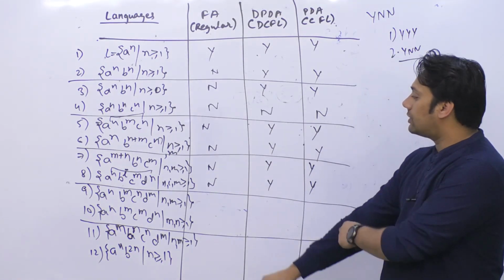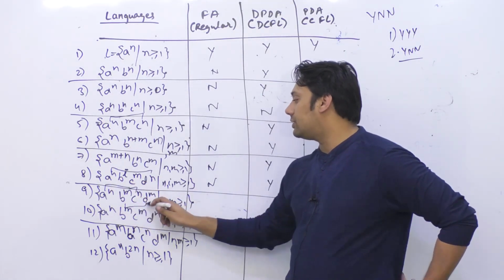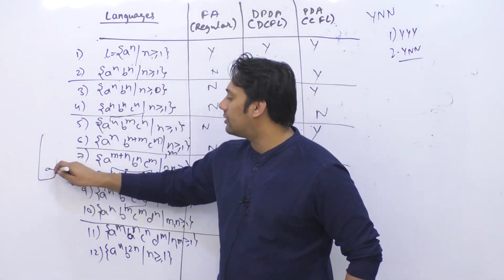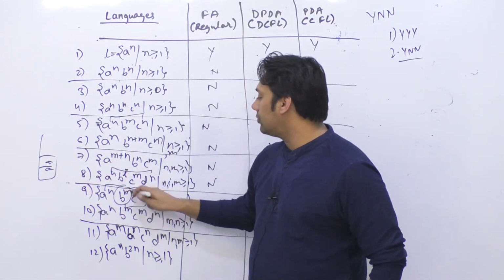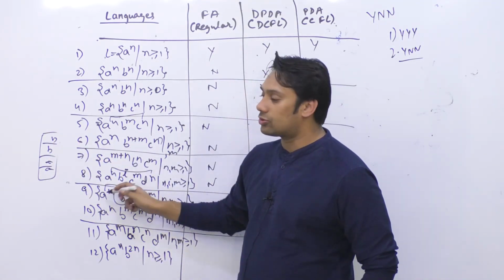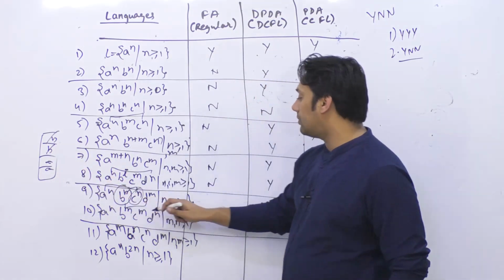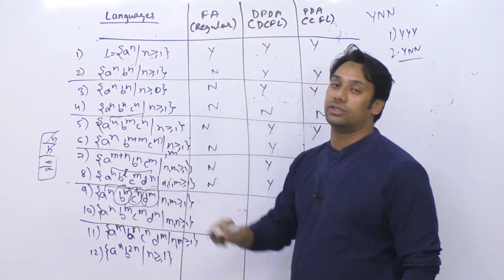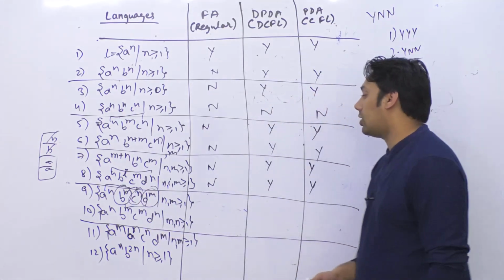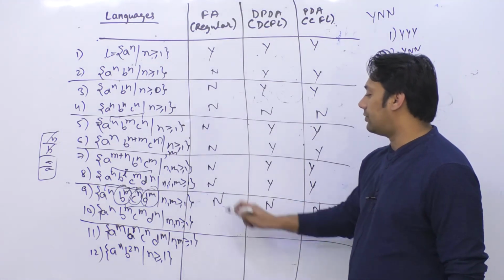Now for this next language here, we are comparing a with c and b with d. But the problem is, once you insert this a inside the stack, after this a you will get b, you have to insert this b inside the stack, then you have to compare c with a. To compare c with a, you have to pop b out, then you can compare c with a. But then you will not have anything to compare with d. Stack will be empty and you cannot compare with d. So here you cannot make a DPDA as well as an NPDA for this.